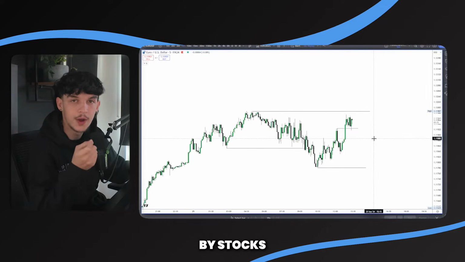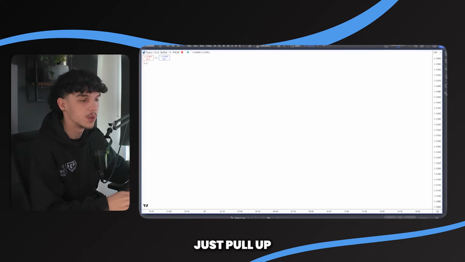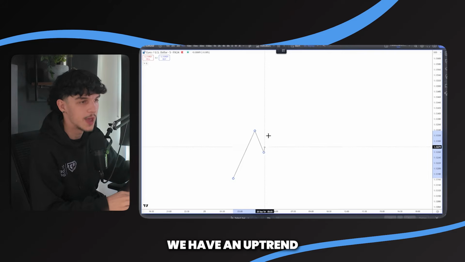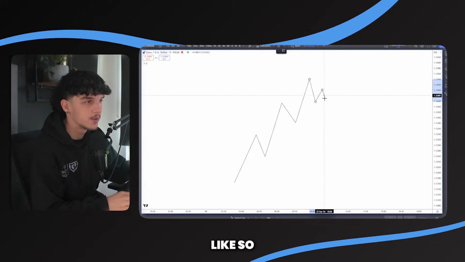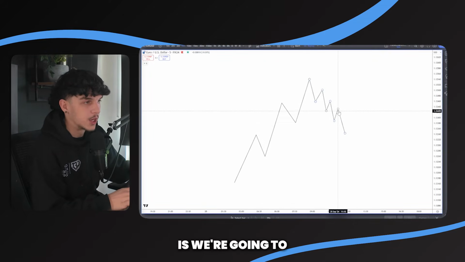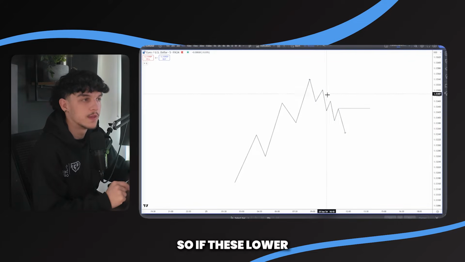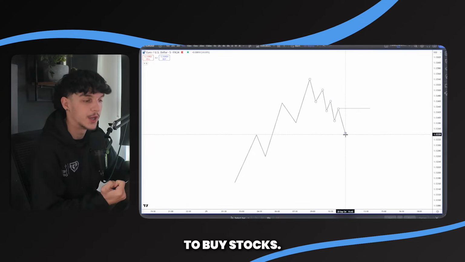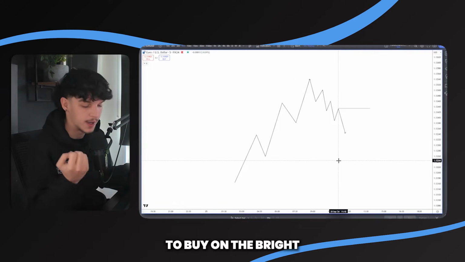I like to play buy stops or sell stops, and let me explain how. So I'm going to pull up an example. Let's say, for example, we have an uptrend like so, and then the market has a downtrend like so, and it's creating lower highs, and then we eventually swing this low here. Number one is we're going to look for a break above a previous swing lower high. So if these lower highs are developed and we swing above that zone, that could be a good indication to buy stop. So we're not looking for impulse and then retracement, we're looking to buy on the break above a